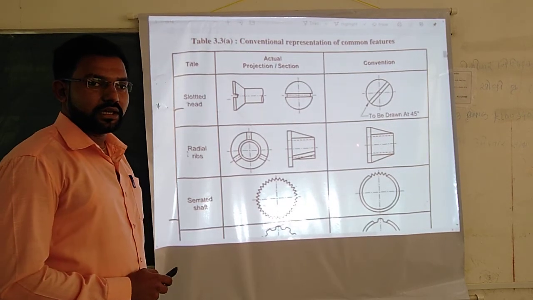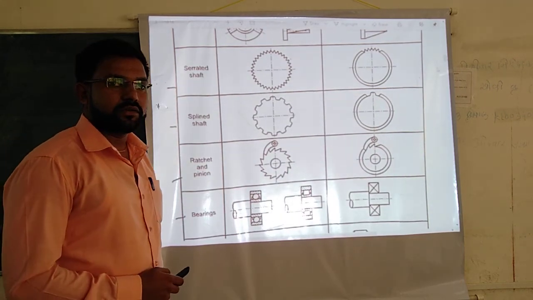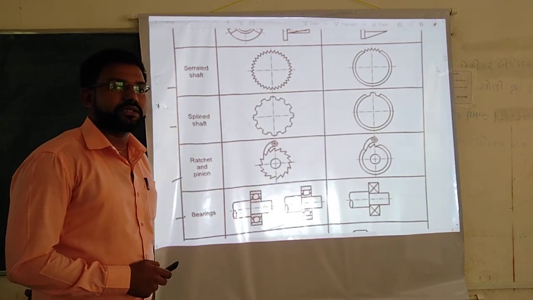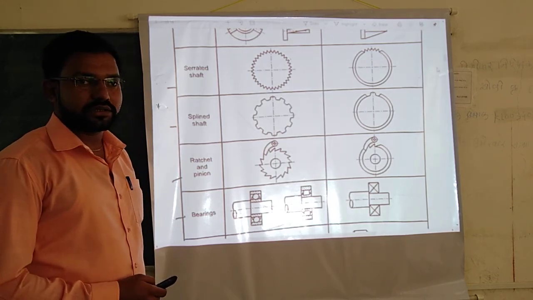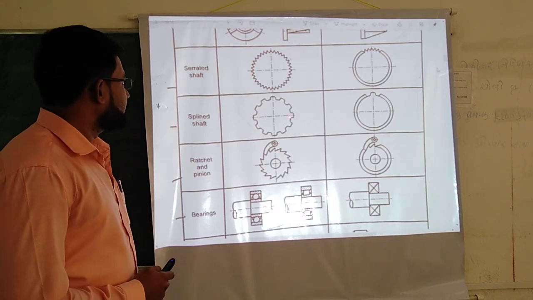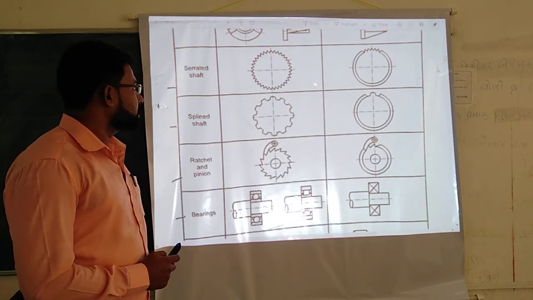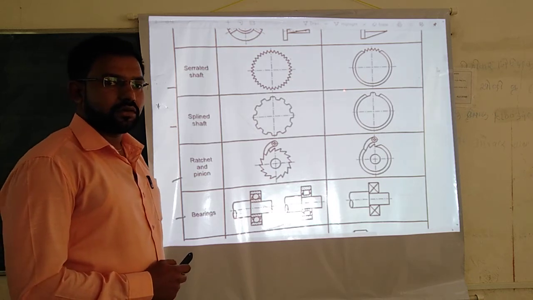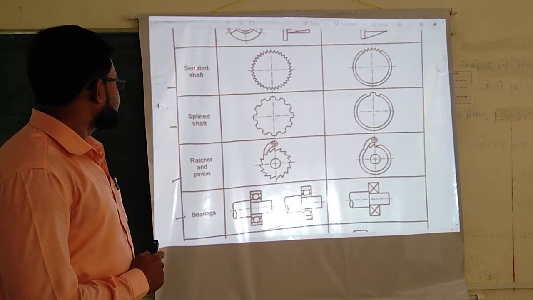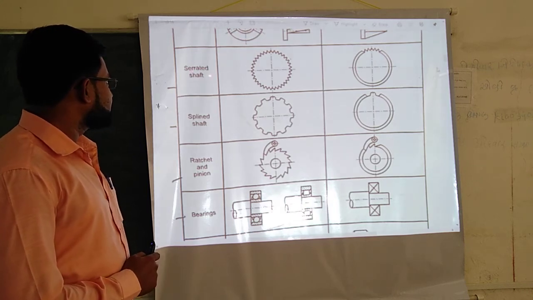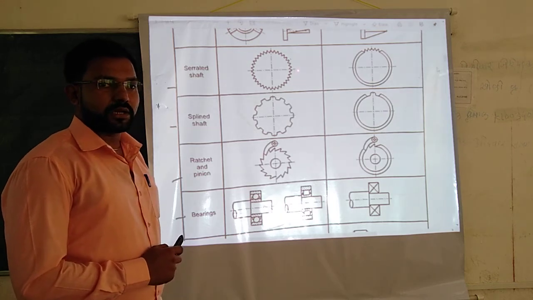Next we will see the serrated shafts. In the previous lecture we have seen the convention for shaft. A shaft has 2 sections, circular section and rectangular section. Mostly the circular shaft is used in mechanical engineering. Rectangular is not commonly used. The most commonly used is the circular section. So in that circular section, first we will see the serrated shaft, where serrations are provided on the outer surface of the shaft.